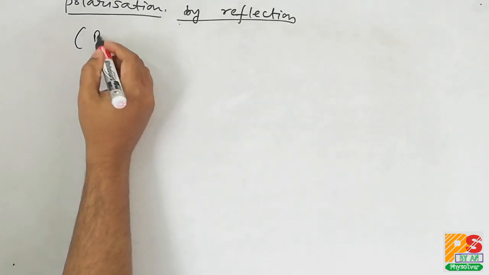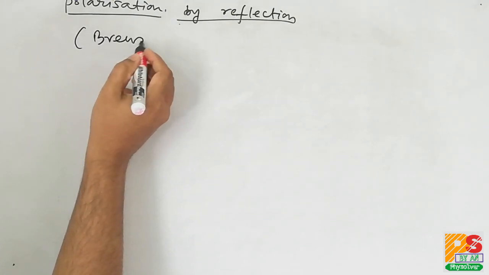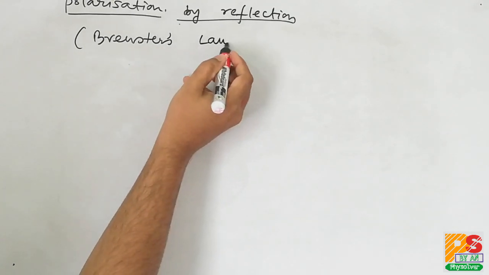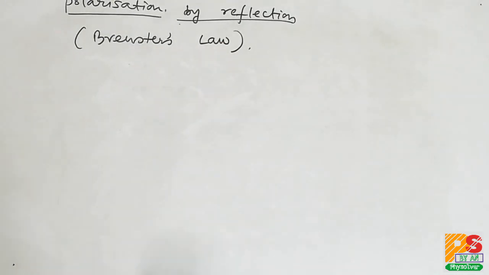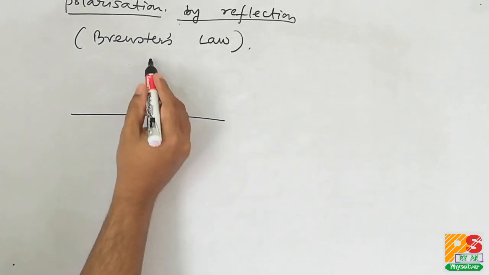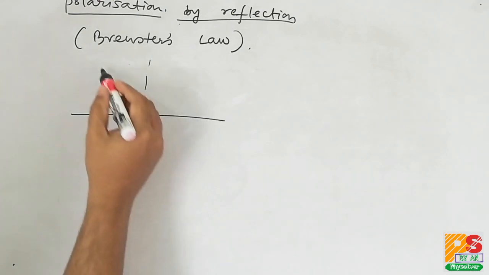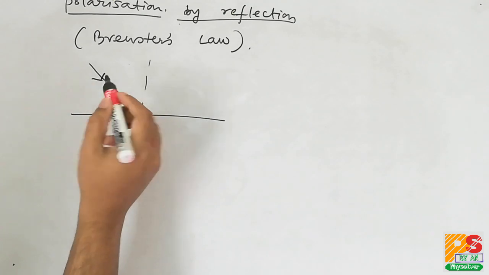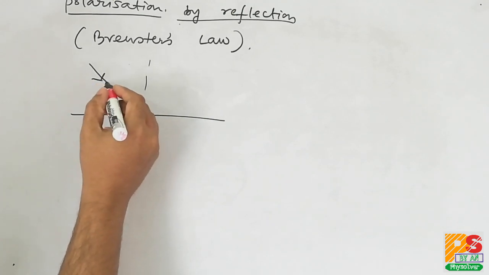Regarding polarization by reflection, we have a clear law which is known as Brewster's law. According to Brewster, if an unpolarized light is incident on the surface of separation between two media,